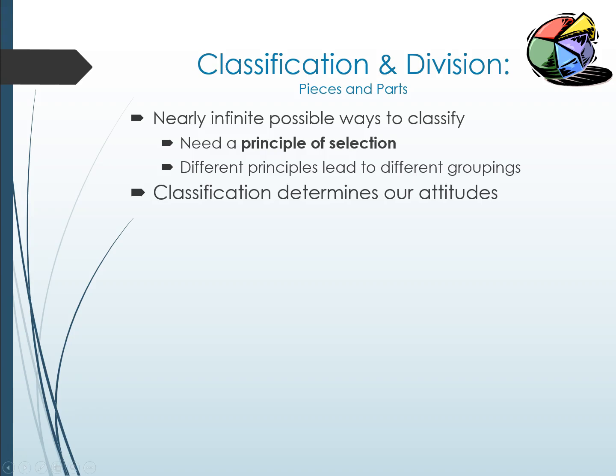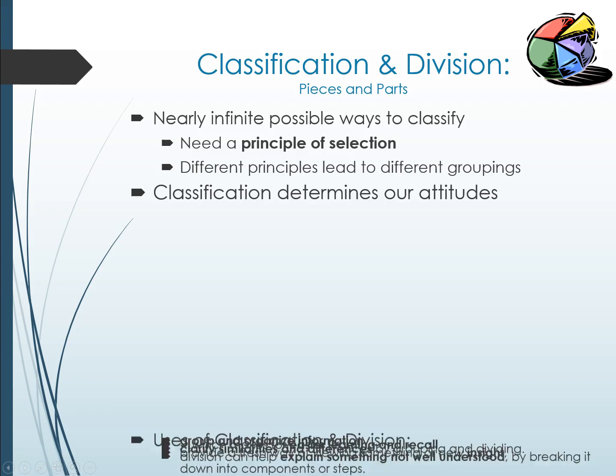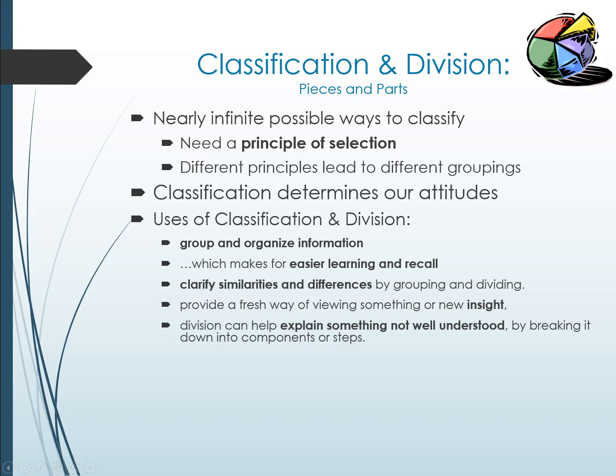Classification determines our attitudes and behavior towards the object or event in question. Classification has several uses, some of which we've already been discussing. Classifications can be used to group and organize information, which leads to easier learning and memory. Classifying helps clarify the differences and similarities in the things being classified, and it can create a fresh, new way of viewing something. Finally, it can help explain things that aren't well understood by grouping them with similar things or breaking them down into their parts, as I am doing with providing support in this chapter by breaking it into